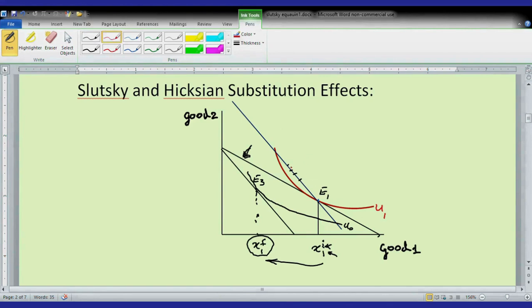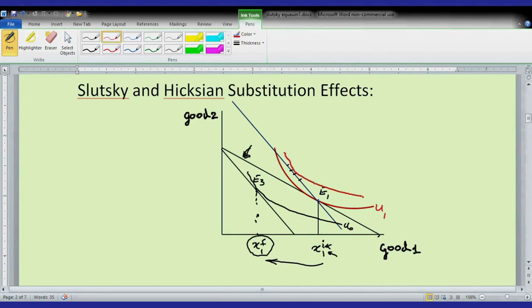If these opportunities are available after compensation, the household will definitely choose one of them, and the particular opportunity will be the one where an indifference curve is tangent to this compensated budget